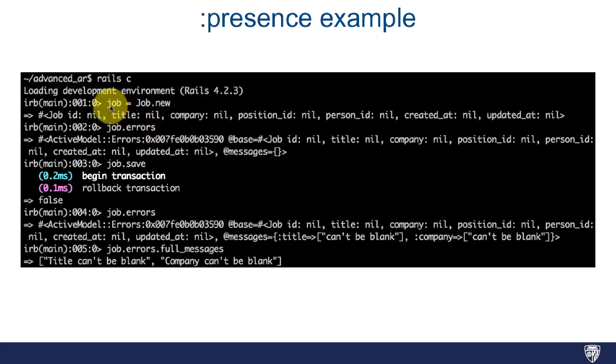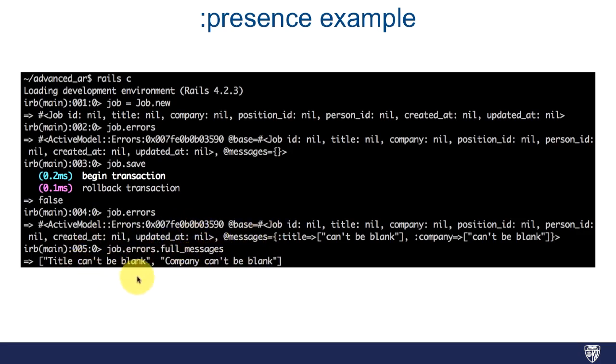So when we create a job that doesn't have any data in it, completely blank, and you call errors at this point, there's really nothing wrong with this job yet because you haven't tried to save it to the database and the validation hasn't been performed. But as soon as you try to save it by saying job.save, you'll get false because it won't be able to save it to the database. You could see that there are errors which you could call on this record, and it will show you what the errors are, and you could even say job.errors.full_messages,